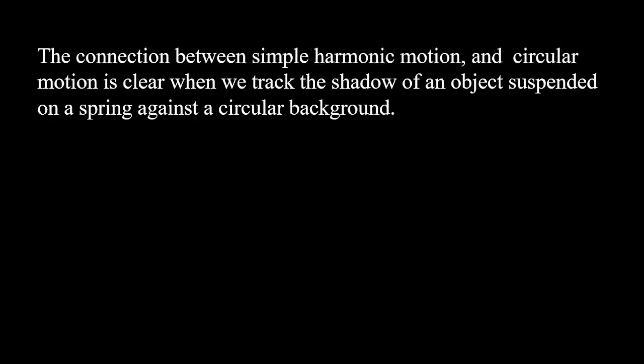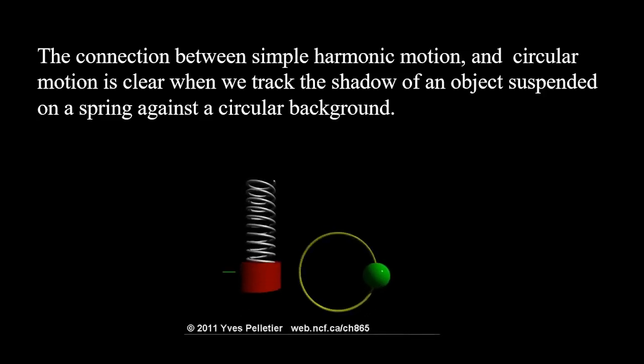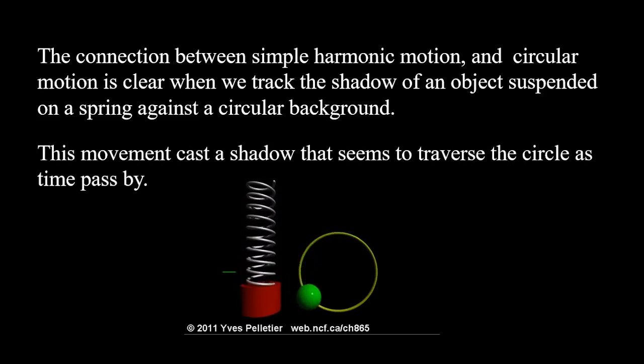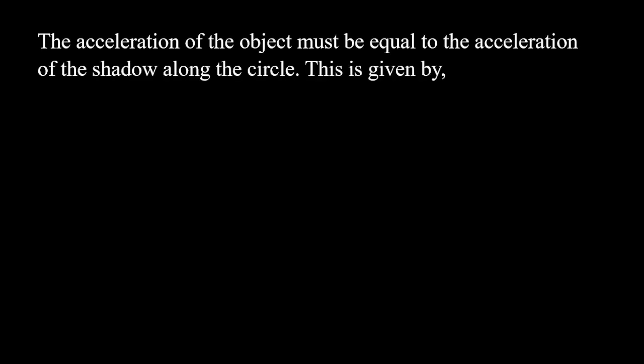The connection between simple harmonic motion and circular motion is clear when we track the shadow of an object suspended on a spring against a circular background. This movement casts a shadow that seems to traverse the circle as time passes by. The acceleration of the object must be equal to the acceleration of the shadow along the circle. This is given by